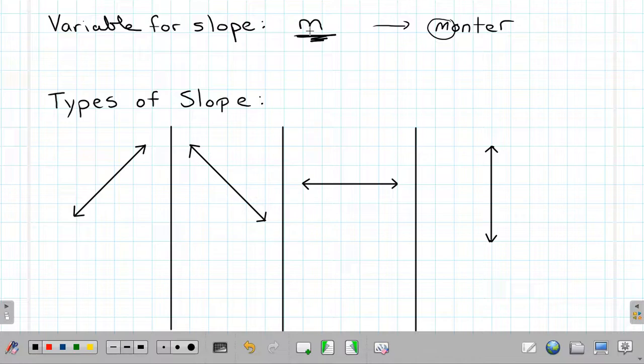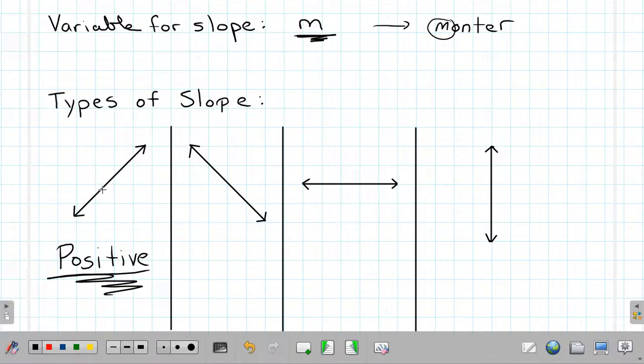Now, the last thing that we need to talk about here before we actually jump into some equations of calculating slope is the types of slope that we have, okay? And this is the cool thing about a line: if you have a line graphed, just by the way the line looks, you can tell a little bit about the slope without actually counting anything. If you have a line that goes from left to right and points up, so from bottom left to top right, we say that a line that looks like this has positive slope,